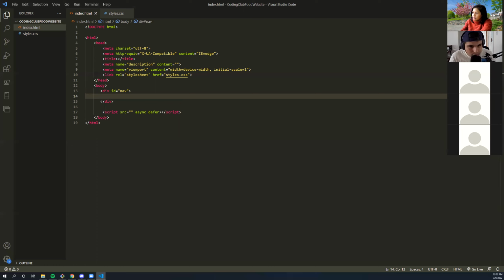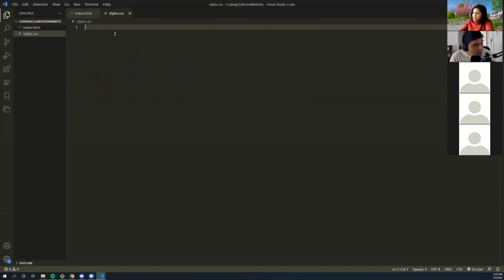Now I want to set up some CSS so that it's easier to see my progress as I move forward. So I'm going to go into my CSS file, and does anybody remember the first thing we have to do?